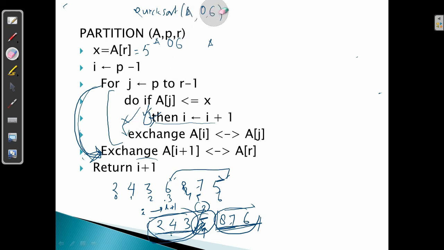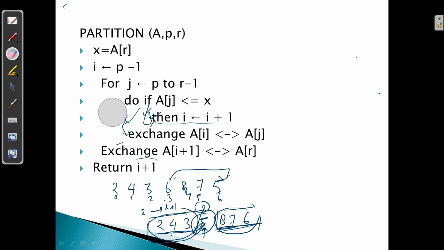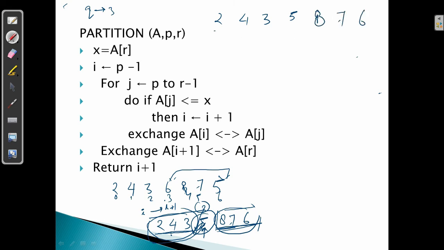Also, what we have observed here is that the very first time the partition is called, it returns the index 3. So let us note these things. So far, when we call it the first time, the value of q is 3. It returns 3. And so far what we get is 2, 4, 3, 5, 8, 7, 6. Now we have to work on this array